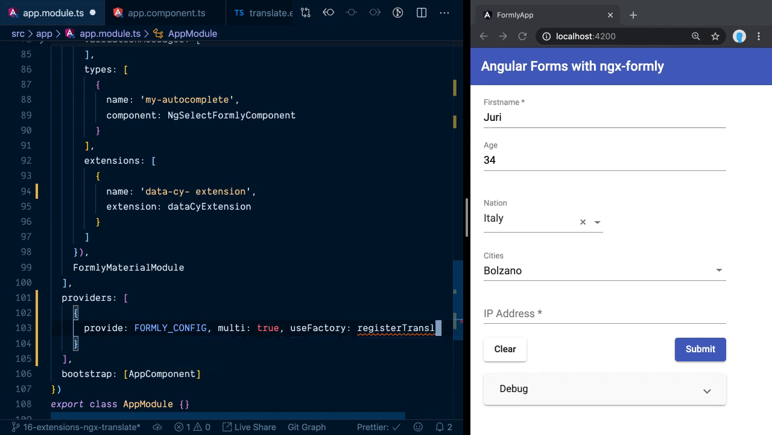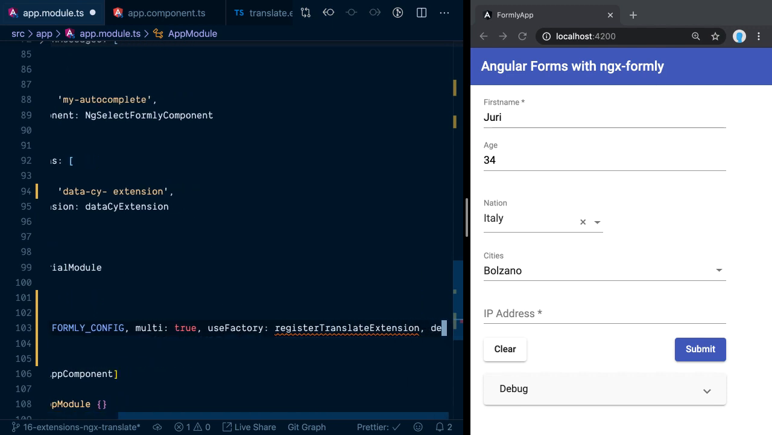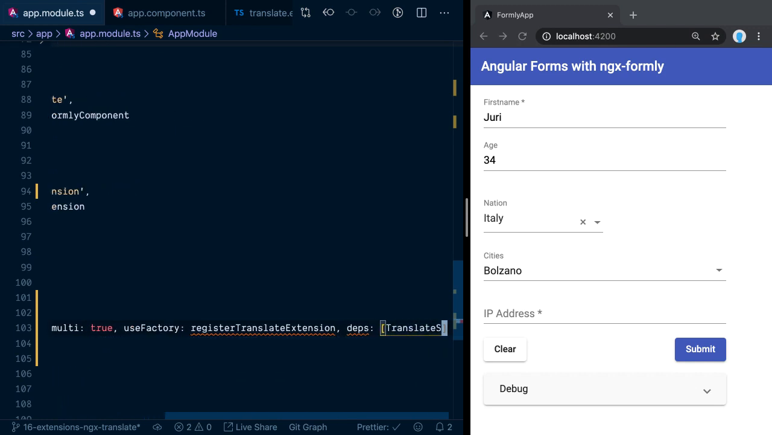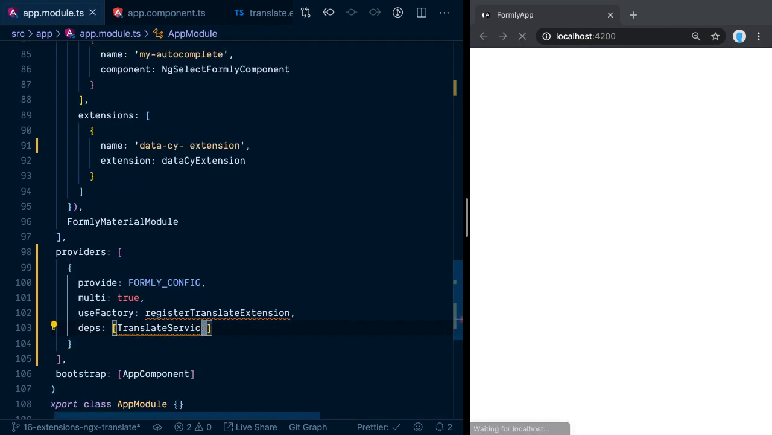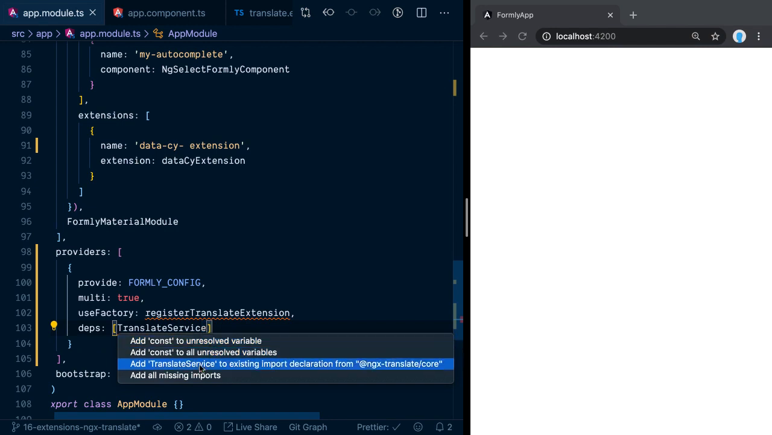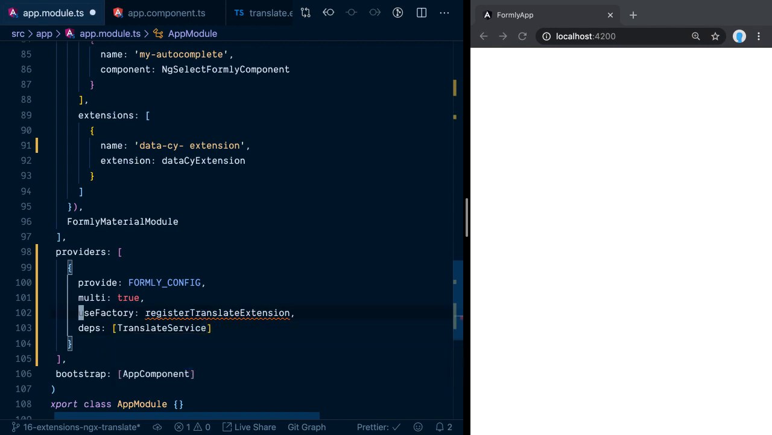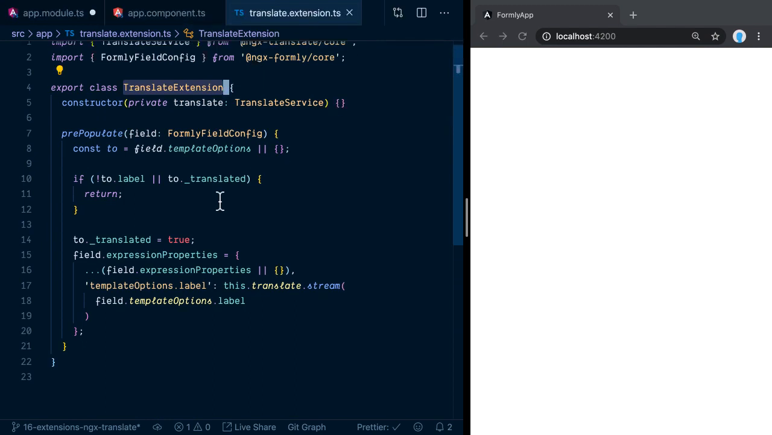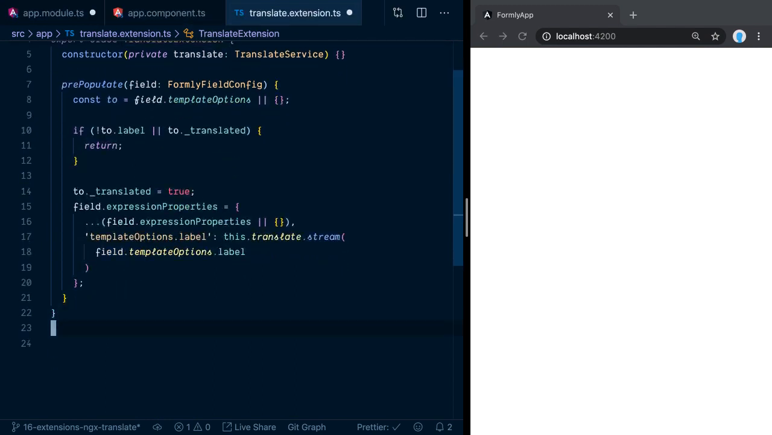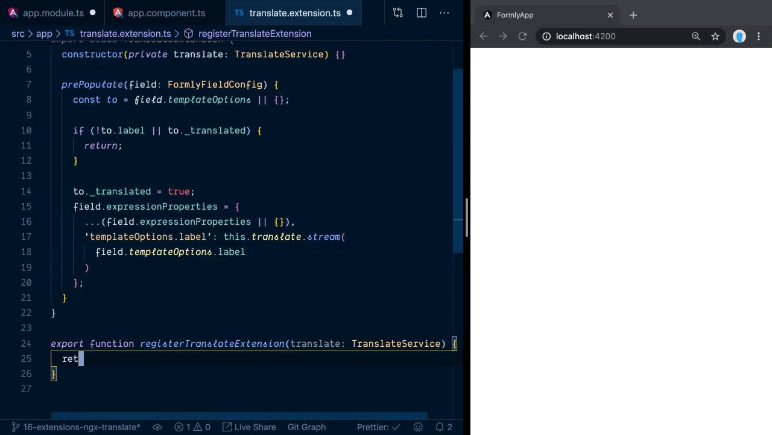Let's call it registerTranslateExtension, and that has a dependency of the translate service. So let's import here the translate service again from translate core, and we need to define that registerTranslateExtension factory function. Now we can do that here in our app component, or we can also just append it on our translate extension so that everything is bundled in the same file. And so let's create here a new function, registerTranslateExtension, and we need to get the translate service as a dependency. And here we just return an object,